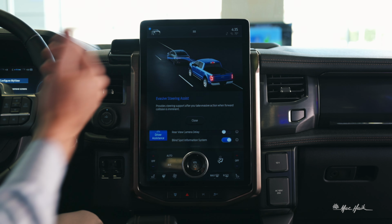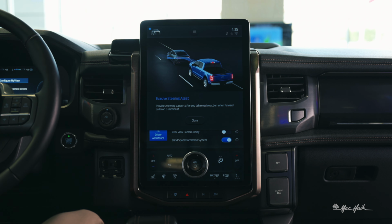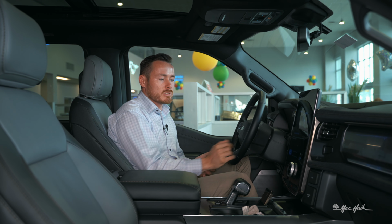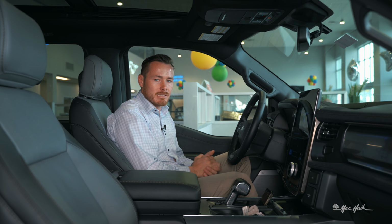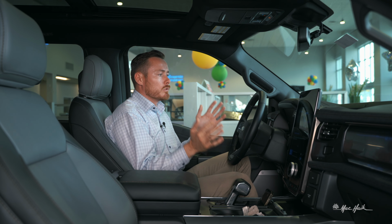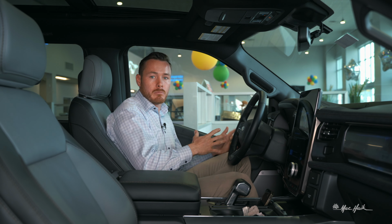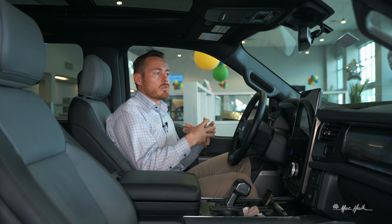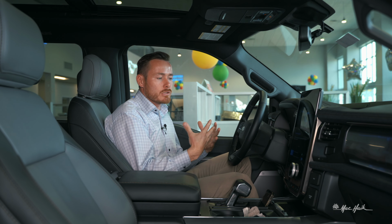Evasive steering. So given this scenario right here in this video, or in this little graphic here, we're never gonna take the shoulder. We don't know if the shoulder is 15 feet wide or 2 inches wide. So Ford vehicles will never ever use this evasive steering assist to go into the shoulder. It will go left or right if I'm in the middle lane, given that there's an available lane for me to take. If there is no available lane, it of course will just apply the brakes and try to avoid that accident